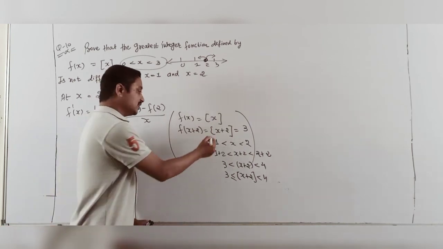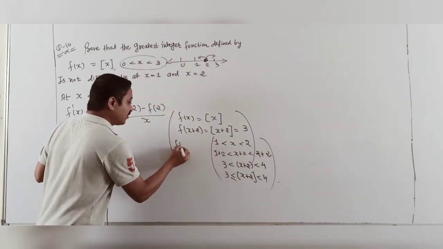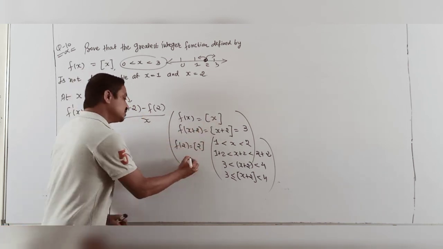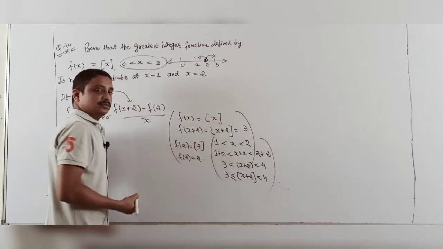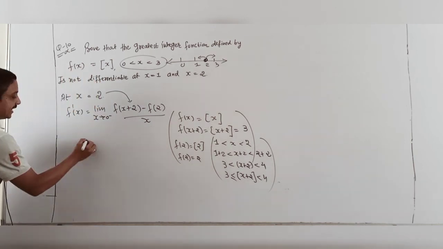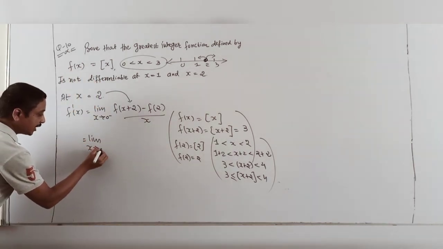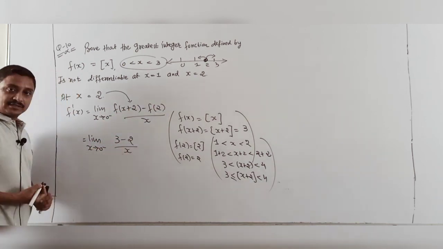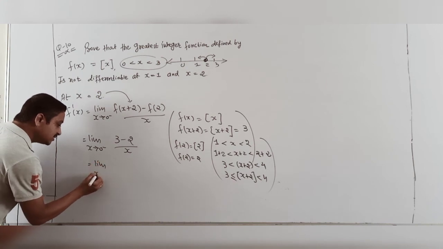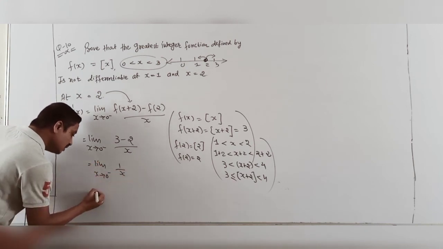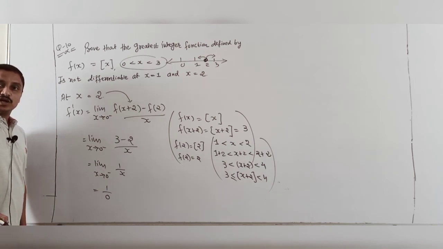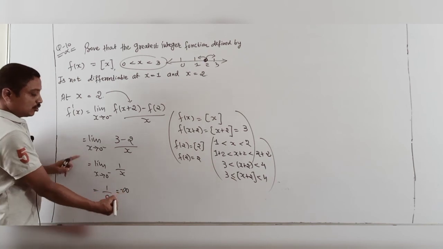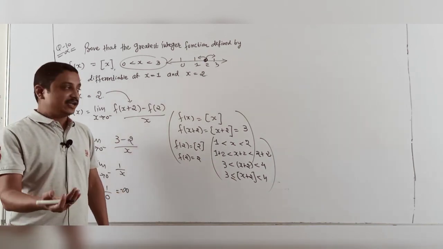That's why I am doing this condition. And f of that, here 2, is the integer 2. And what is the integer of 2? It is 2. Apply this full value. The limit as x tends to 0 negative, this answer is already done, 3, here minus 2 by x. So finally this answer is not defined, students. 1 by x, 1 by 0. Yes, it is not defined, meaning infinity. But on the left hand side, so I will just show it as left hand side infinity, either infinity as you like.